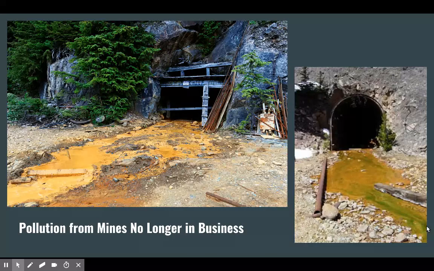The big problem is that some of these mine companies are no longer in business, which means they're often not held accountable for this environmental damage. The mine in Colorado, which we looked at earlier, essentially has no owner anymore, so local governments and the states have to bear the cost of dealing with the problem. One possible approach is to pass stream water through a limestone treatment facility that raises the pH of the water and removes the toxic metals to tolerable levels before it goes into the stream and affects the organisms.